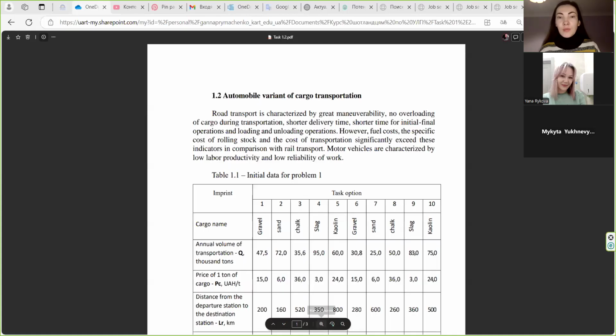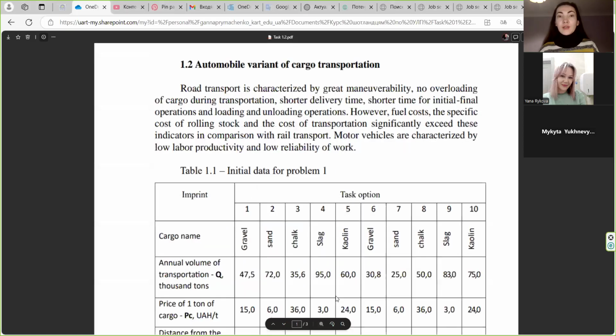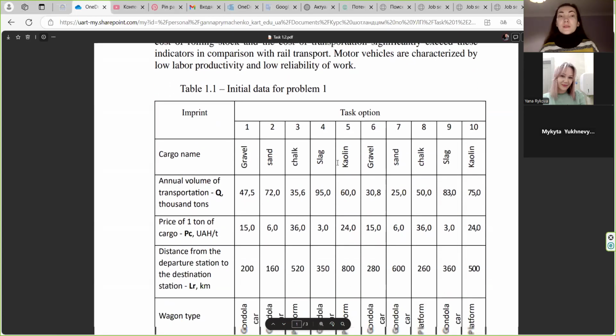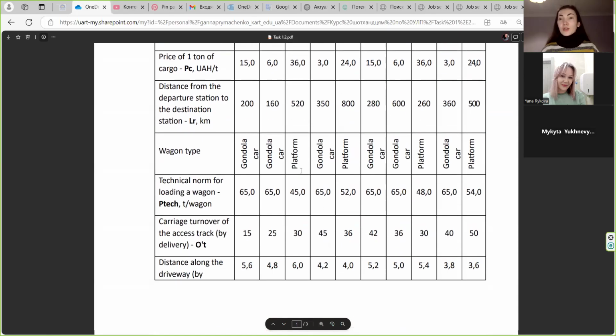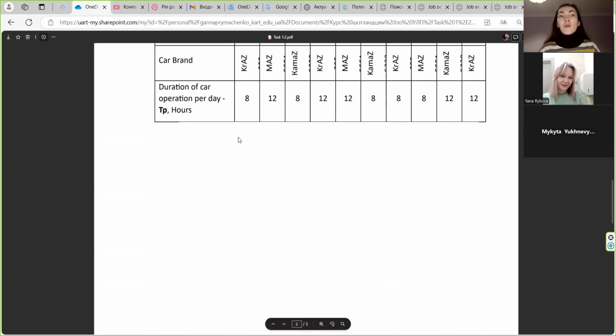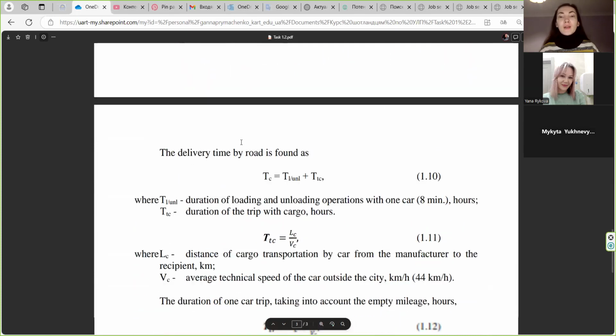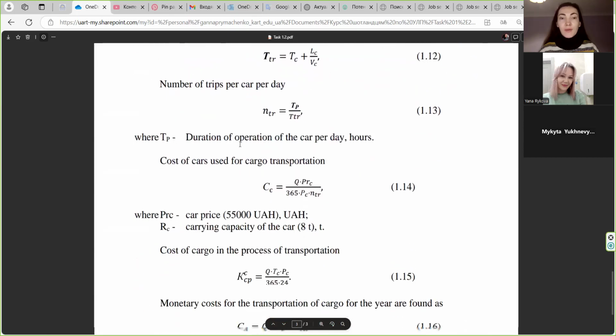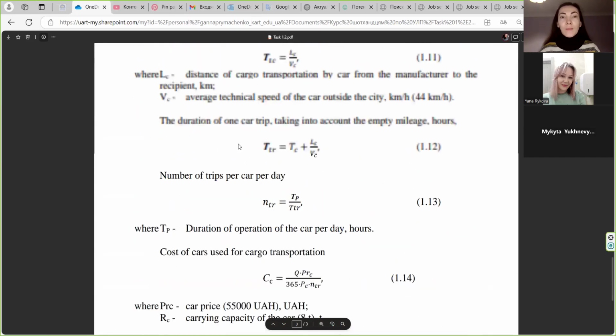So good morning. We continue today our task 1.2. I share my screen and we continue to do it. Maybe you could do it again. Yes. Is this task about automobile variant of cargo transportation? We already see this table 1.1 and connected it to this file so that we could use our information by variant. And if I remember well, we finished on formula